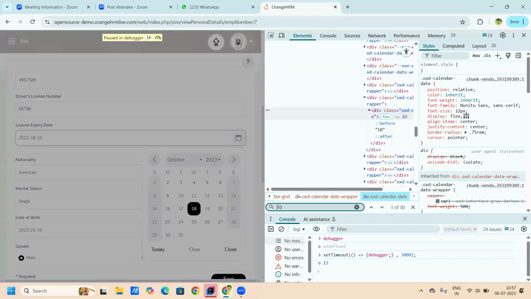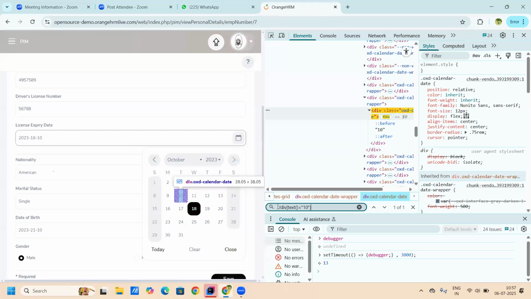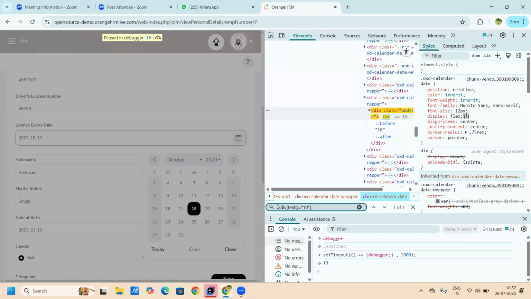Under div tag, 10 is written. So div tag, text equal to 10. Okay, it's finding over there. So you are able to find this 10. Okay. Next, what you required is